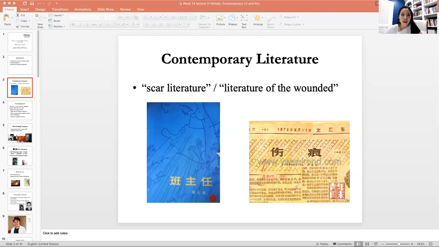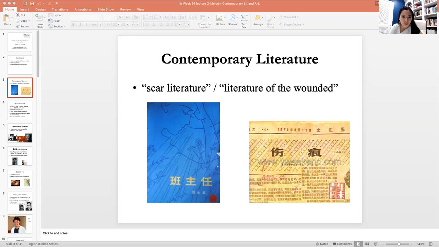So for today's discussion, I go with the latter view, which is after the late 70s. One of the first genres to emerge in the late 70s is called scar literature, or literature of the wounded, which documents the physical and psychological trauma of the Cultural Revolution. As you know, the Cultural Revolution from 66 to 76 was very traumatic to a lot of people. So the literature of this short period was extremely powerful because of the raw emotion remaining just after the decade